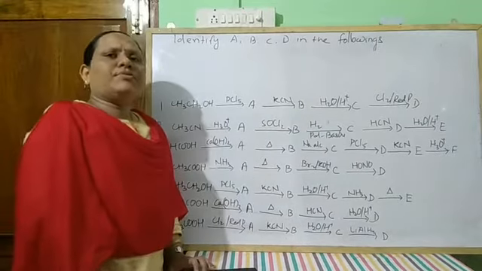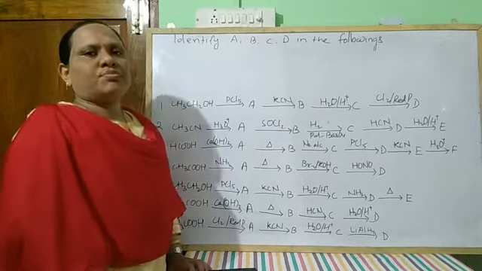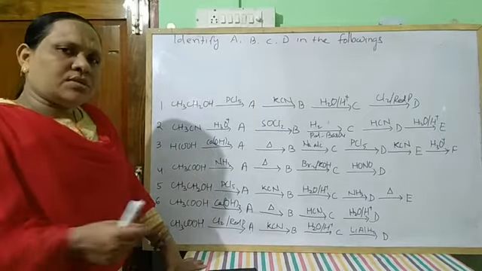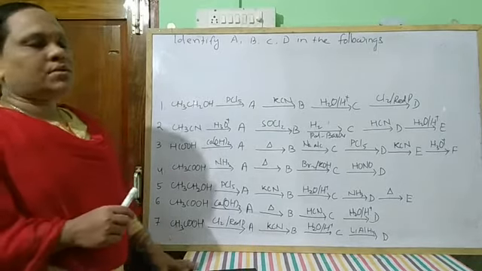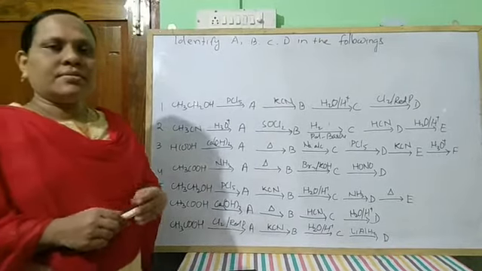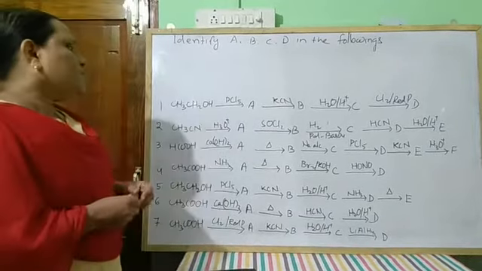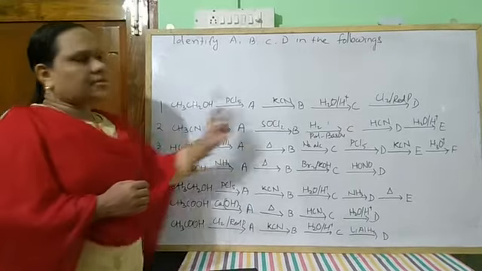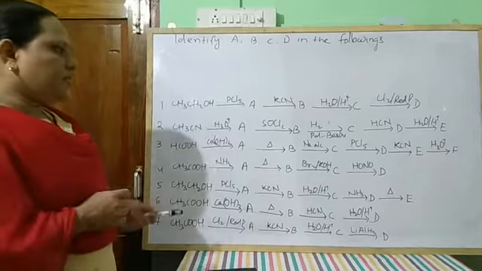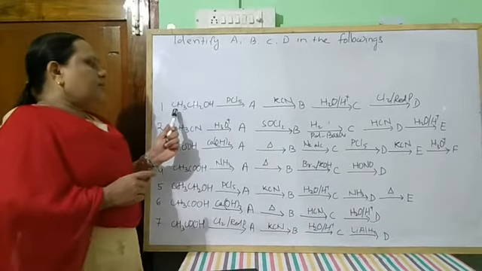For this you have to remember the different preparation and properties of carboxylic acid, and as organic chemistry is a continuity chapter, you also have to remember what was taught in the previous chapters, the preparations and properties, so that we can easily solve this type of problem. Let us discuss some questions and their answers.